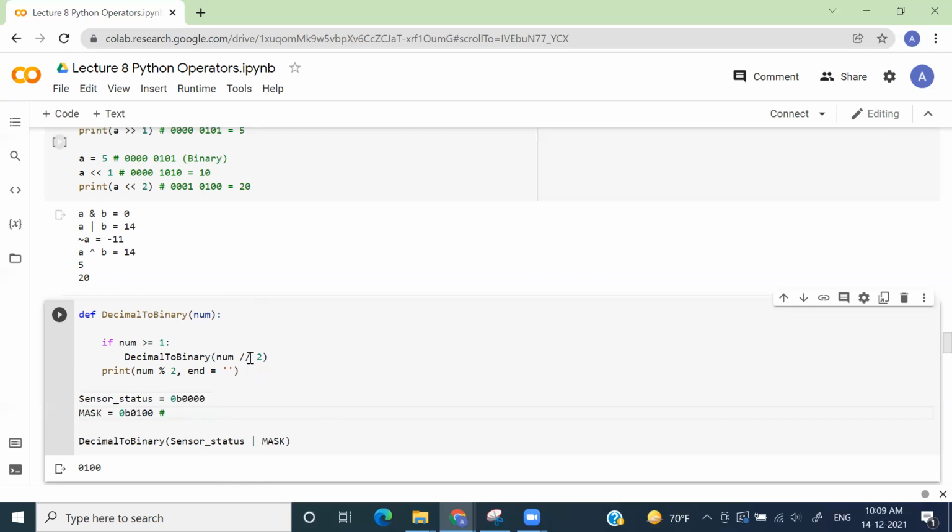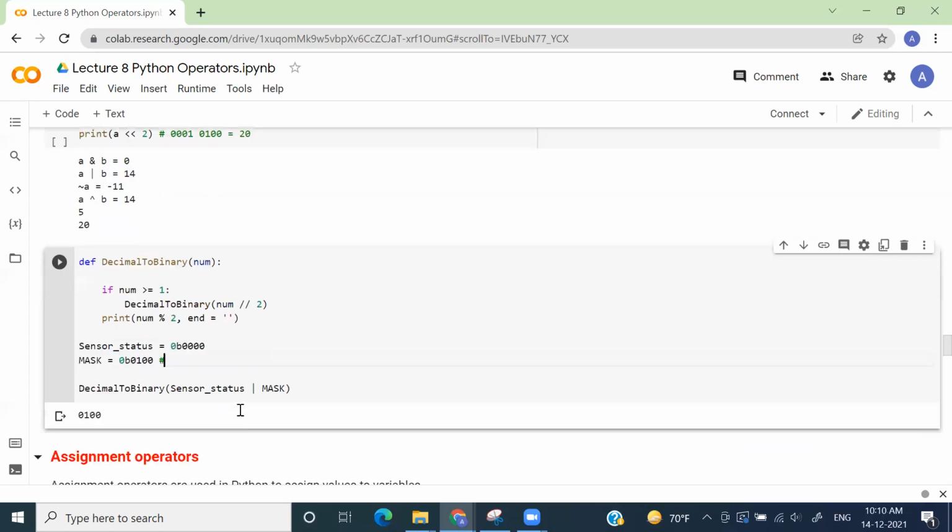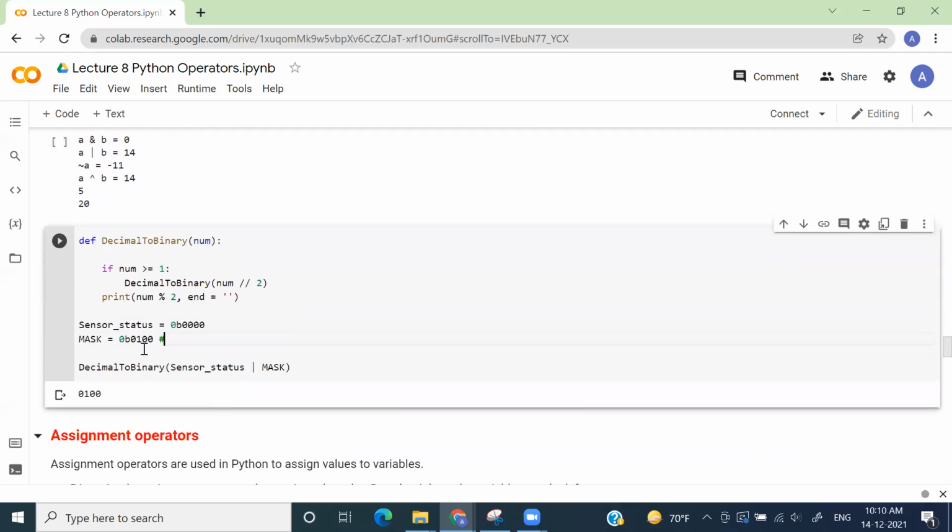So you see how the concept that we have drawn from Python can be utilized in robotics also. And this is not only applicable to robotics. You can apply the same concept to some other domain where you are trying to operate some heavy machineries, and you want to define certain states for that, and based on that certain state your machinery will perform certain tasks, right? So you can use these kind of operators to come up with a very simple program that would do the job for you.